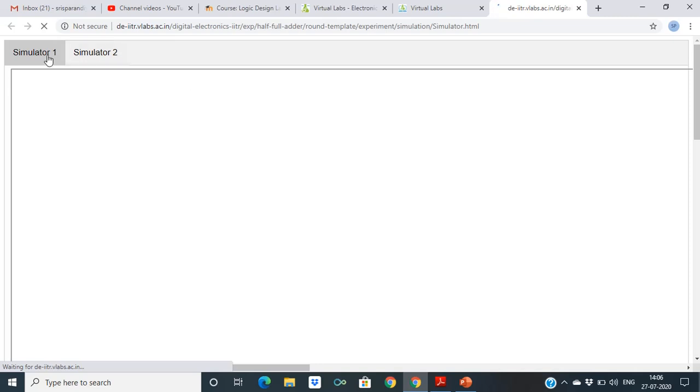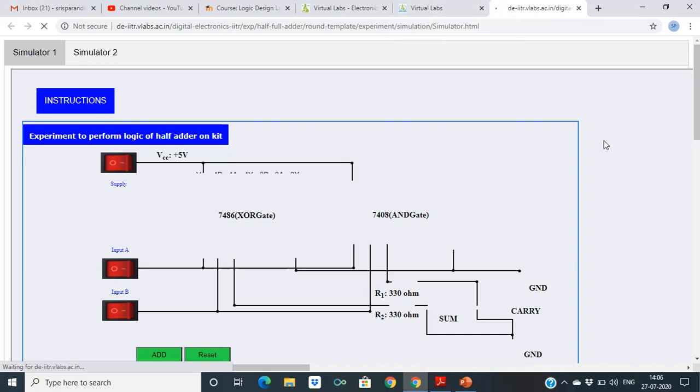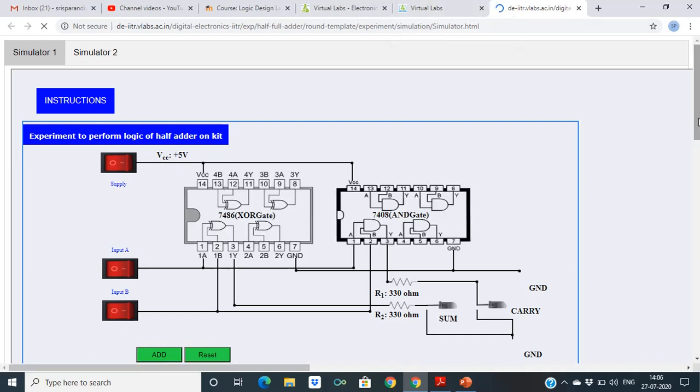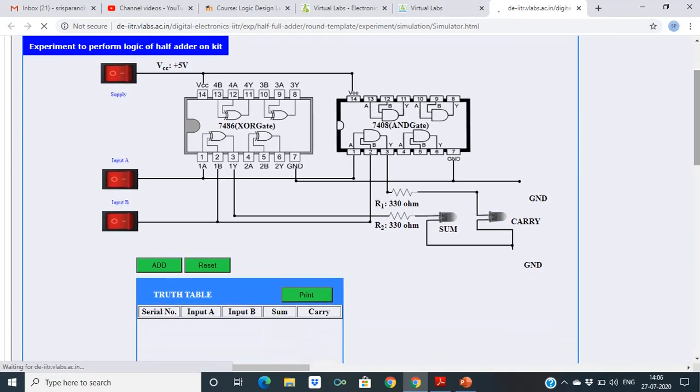For simulator 1 you can see the half adder uses XOR and AND. This is for VCC. First of all you will switch on the power supply. Now let's see, VCC is applied to the 14th pin and the 7th pin is grounded.